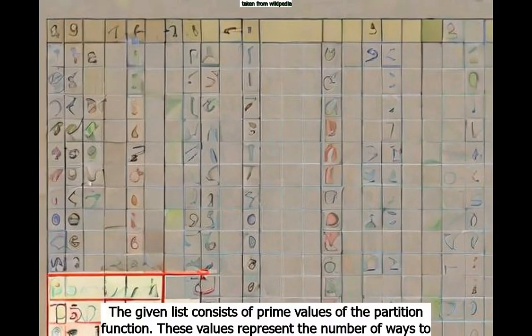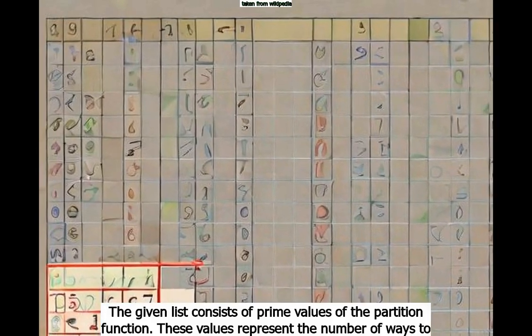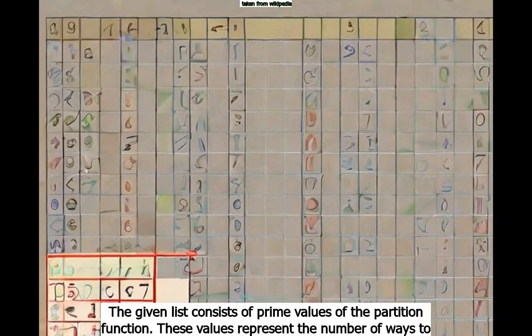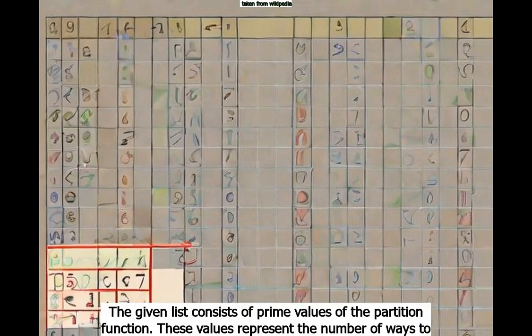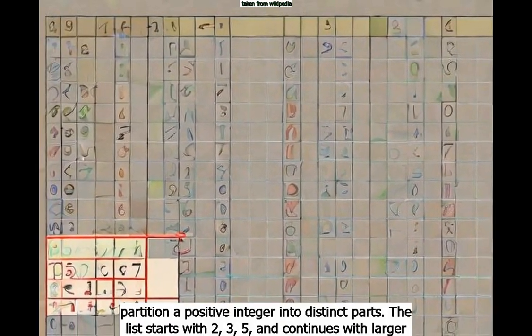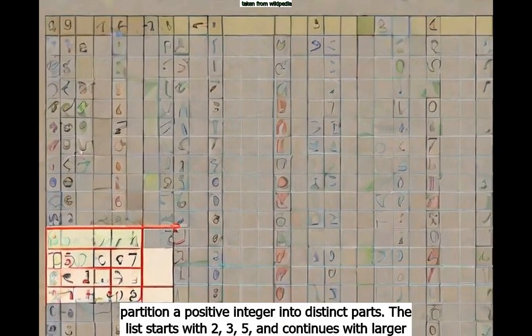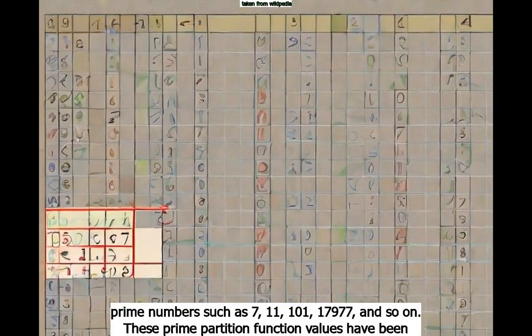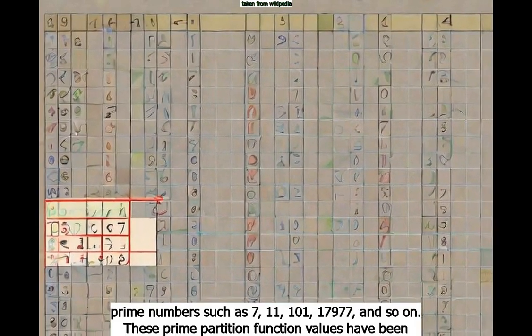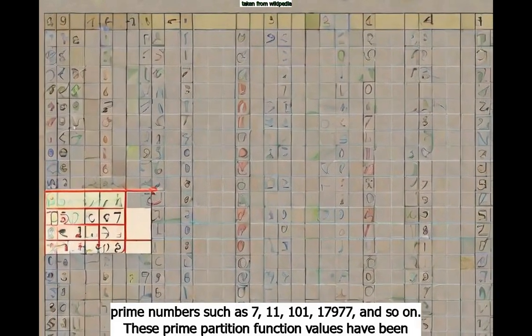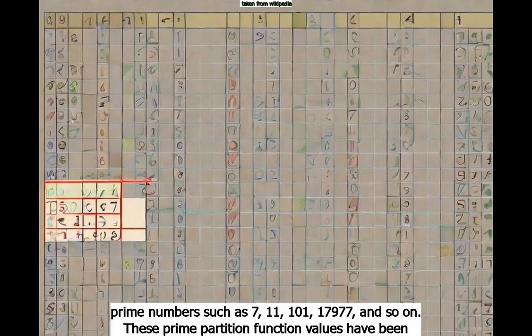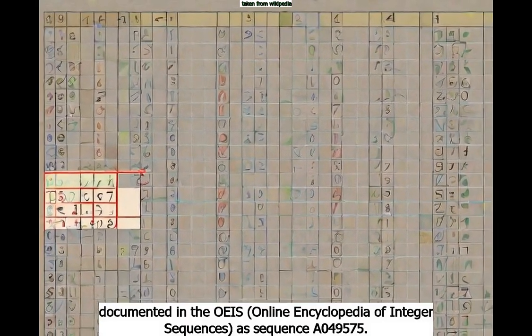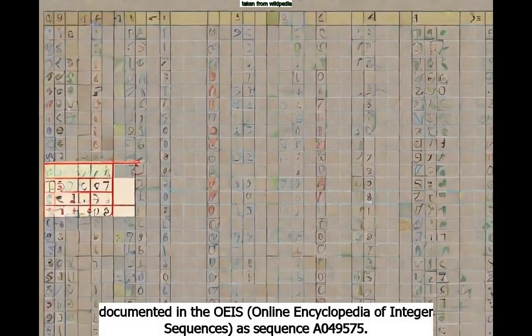The given list consists of prime values of the partition function. These values represent the number of ways to partition a positive integer into distinct parts. The list starts with 2, 3, 5, and continues with larger prime numbers such as 7, 11, 101, 17,977, and so on. These prime partition function values have been documented in the OEIS, Online Encyclopedia of Integer Sequences, as sequence